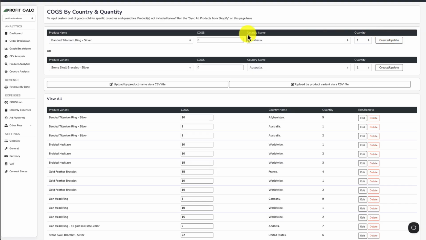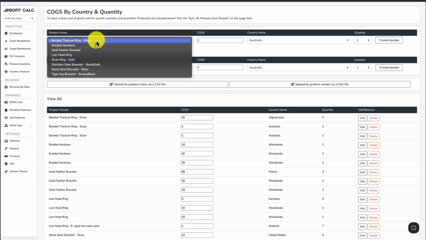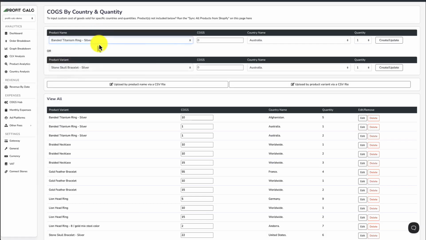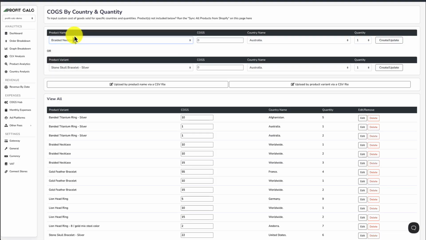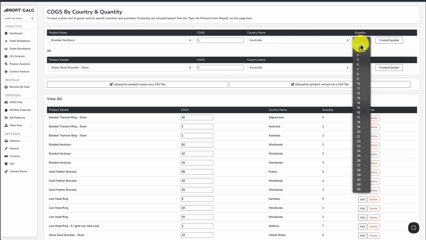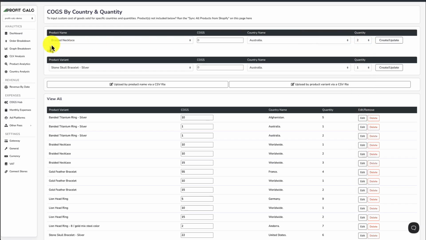Generally, product name is the option you want to use, as this means that whatever combination of variants for a specific product are in an order, the quantity break will apply. So let's say the braided necklace has 2 colors, green and blue, and there's 1 green and 1 blue in an order. That brings the total quantity to 2. The quantity break will apply regardless of the variants included in the order, as they all fall under the same